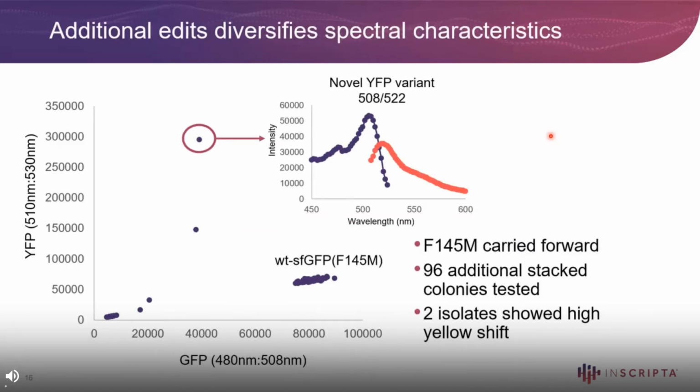iterative editing. So basically this variant then had that same initial library built on top of it, and then 96 additional samples were screened. And what was found here was that there were 2 isolates that showed a high yellow shift. One of them had a very high intensity here, and this happened to be a novel YFP variant that hadn't